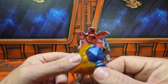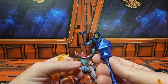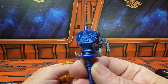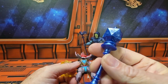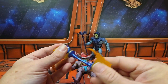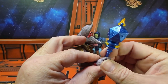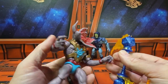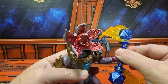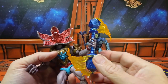Now he has this pretty cool staff. It has these flames that attach to the top and the clip here, and we can see they look like D&D dice. Very nice touch on both sides. So we have a 20 D&D dice. So these clip on. And we have seen these flames before, reused here for the staff. Now it can fit in the right or left hand. They both are designed basically the same. So you can just have it like that, or however you want to